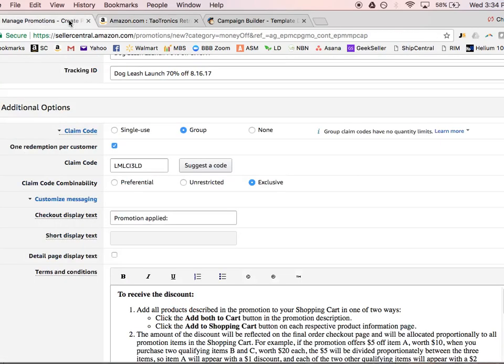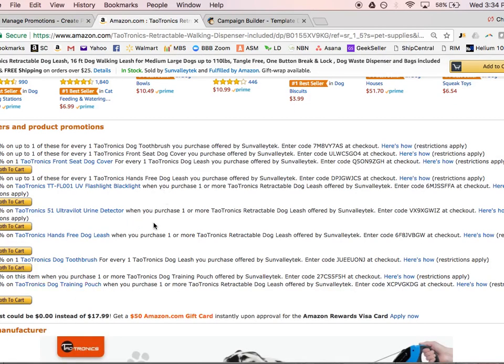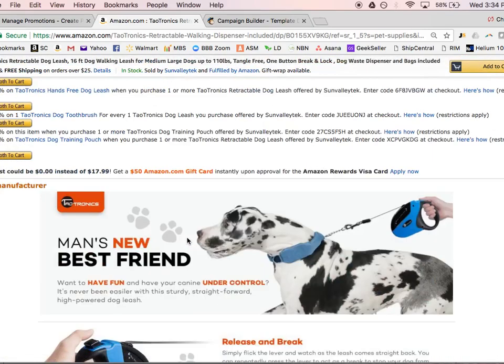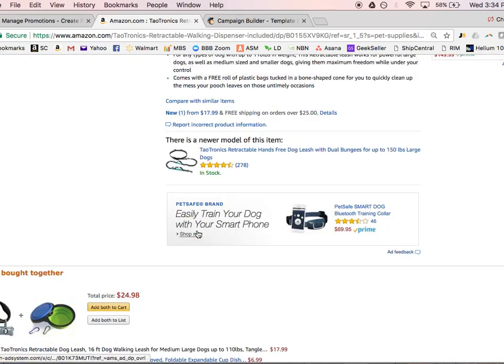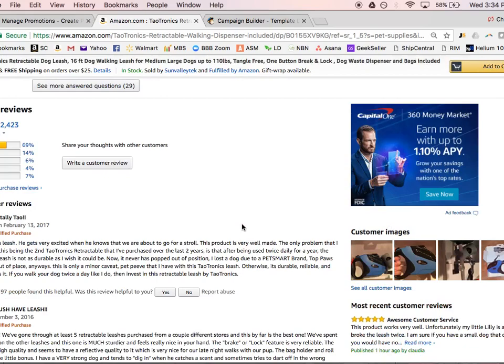Now, going back to that email from Amazon, they said if this promo is not offered to quote unquote everybody on Amazon, which means everyone that's on Amazon, then it won't count as a verified purchase. Now, what is a verified purchase? Well, let's just use these guys as an example. So see here it says verified purchase,